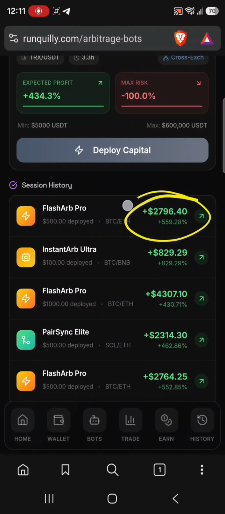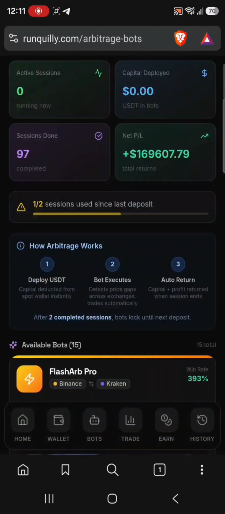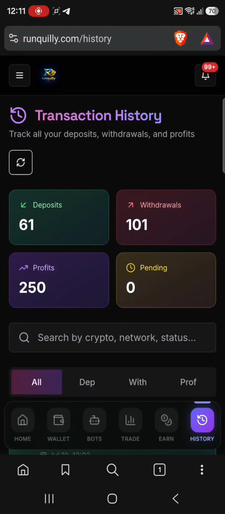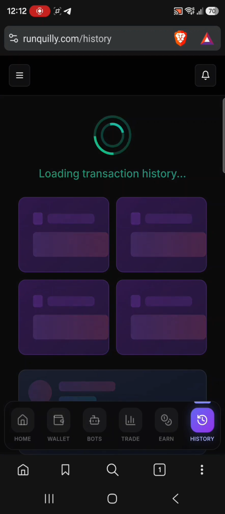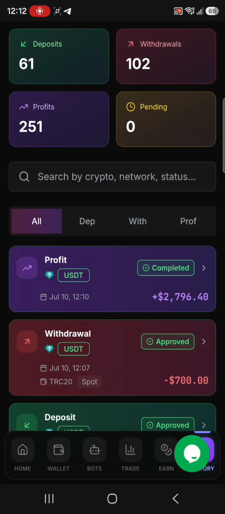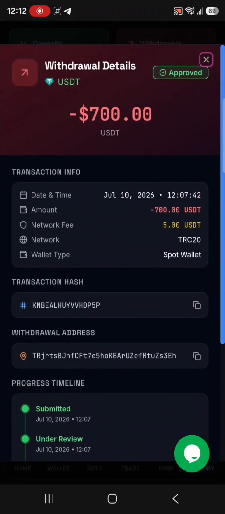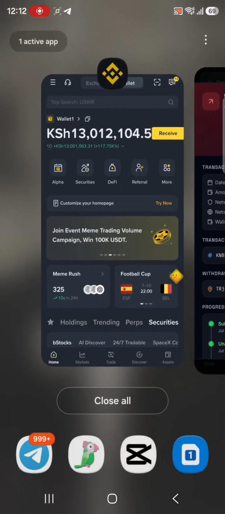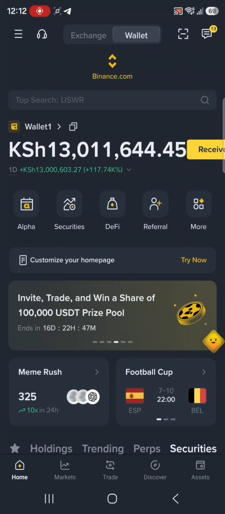This one is the profit we made, 2,796. So our take profit is actually 2,200 USDTs. And let's check our withdrawal. We can check it on transaction history. I've seen it has arrived in Binance. Network, my network. So our withdrawal is here. You can see it, 700, and time and date here. You can check, and our Binance balance now is at